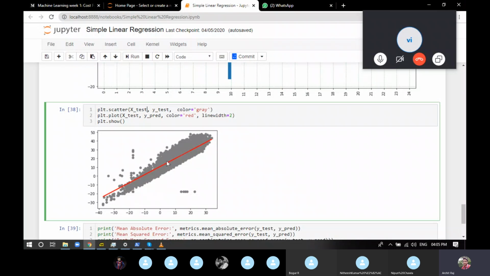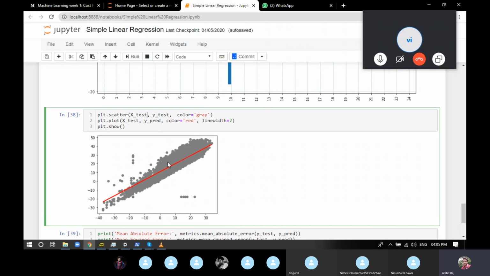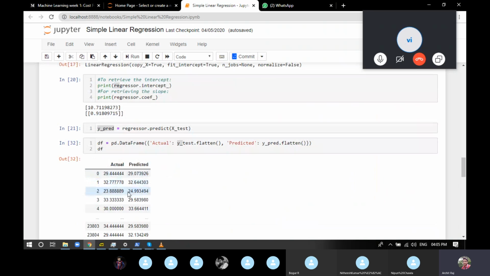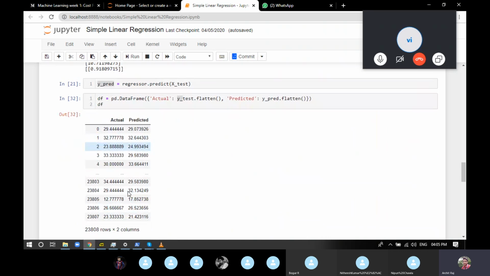So it gives a line. Now x test and y predict is also giving you points, but because it's a straight line equation, it looks like a line. So this is the line that our model gave us as the best fit line. You can see that there are points outside this particular line, but considering all the points, this line is the best fit line that you can get. As you can see, the answer that you got is not so far away from the actual one. There is a bit of error, but it's fine.